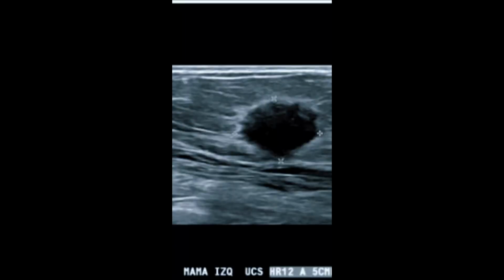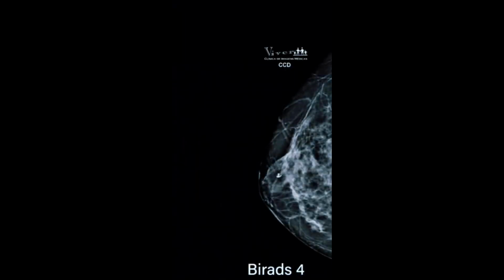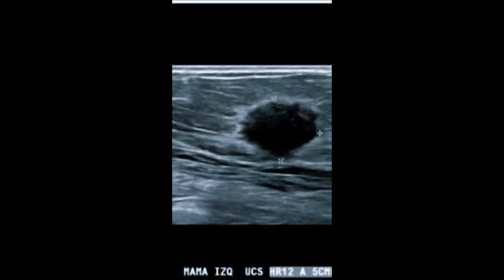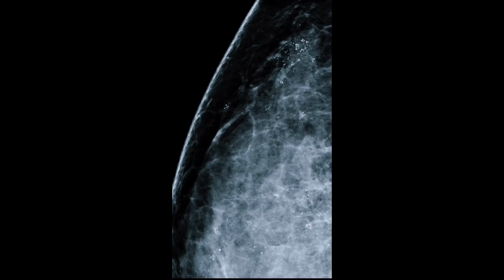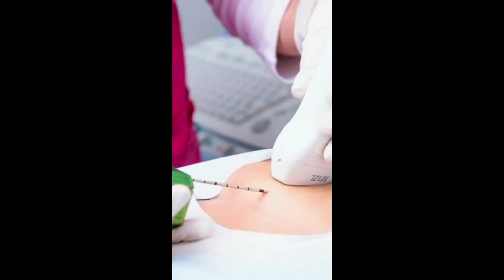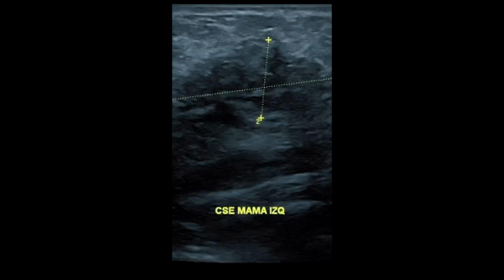Key message: BI-RADS 4, variable suspicion, biopsy indicated. BI-RADS 5, very high suspicion, urgent biopsy and immediate management. BI-RADS 5 indicates a lesion with classic cancerous characteristics with a probability greater than 95%. Case examples: